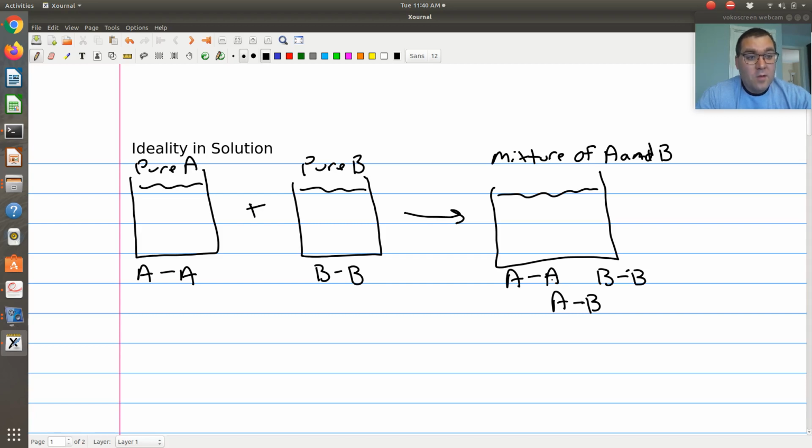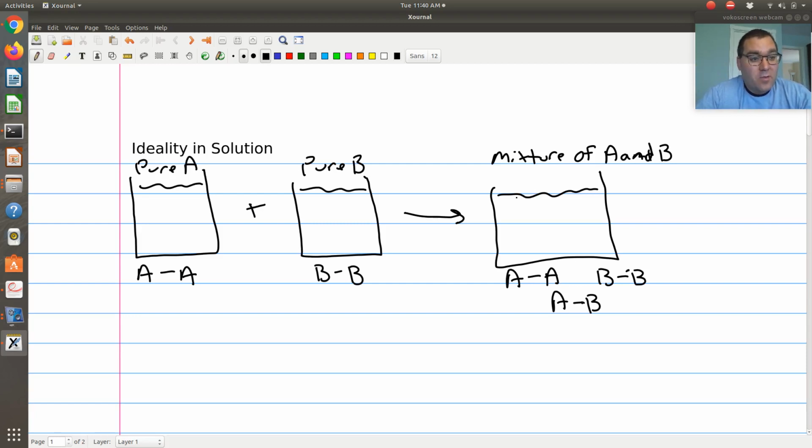If A is completely comfortable in pure A and B is completely comfortable in pure B, if we consider that an idealized state for an A molecule and B molecule to be in, then when we define our mixture, we're going to define how comfortable I am in that mixture relative to these idealized states, pure A and pure B. So we're going to measure my level of comfort in my mixture relative to those pure component states.